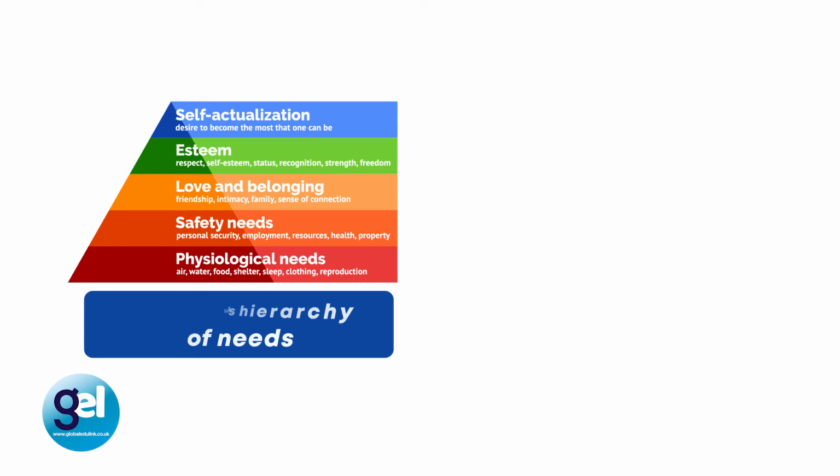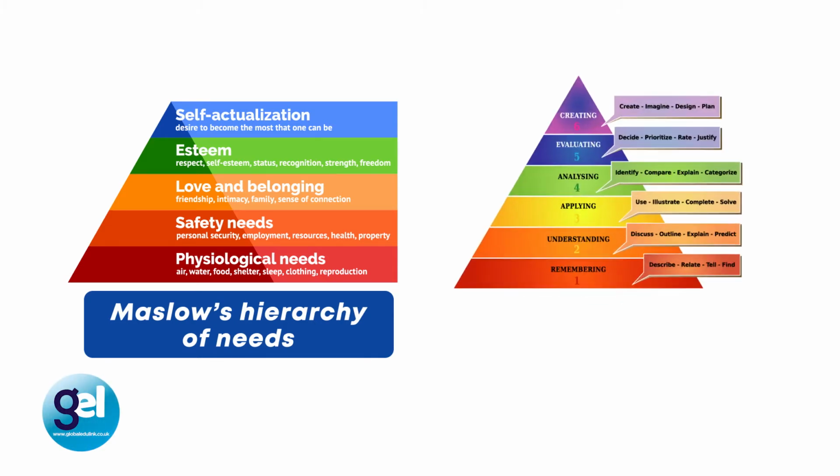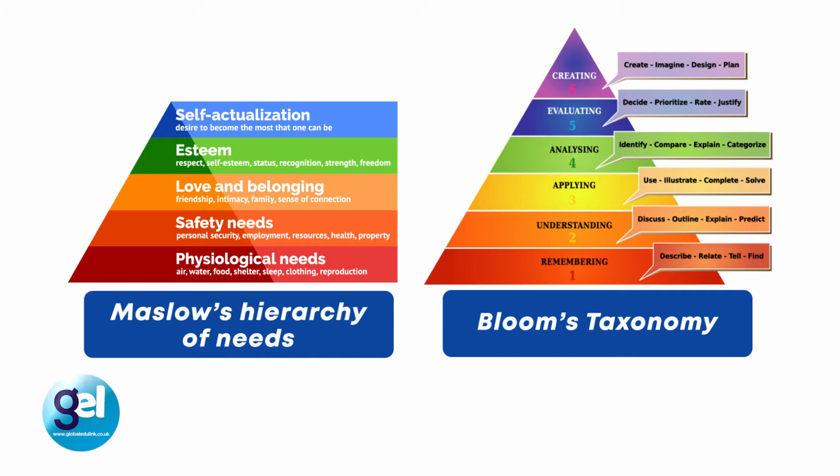Maslow's hierarchy of needs refers to looking at the whole person, not just focusing on the cognitive needs, but focusing on every aspect. Then there is Bloom's taxonomy, which is a view of higher level thinking to integrate into learning objectives, a much more pedagogical focus. A phrase I've heard often recently is Maslow before Bloom, and this reflects back to Suggestopedia and the idea that social and physiological factors are just as important as cognitive factors. If we look at another approach called the lexical approach, and this was developed by Michael Lewis in 1993.